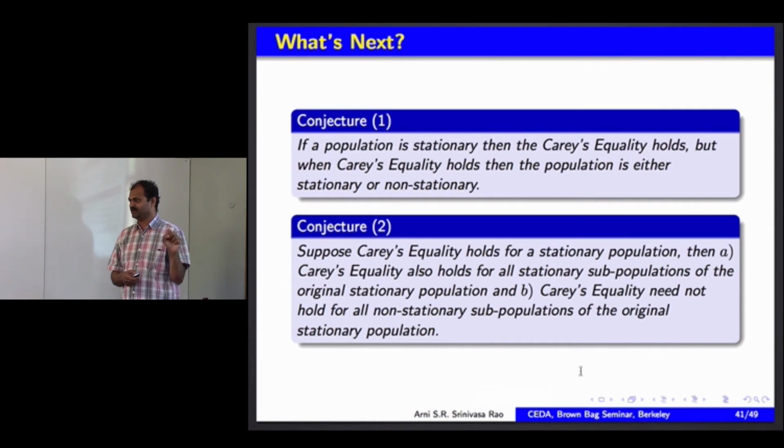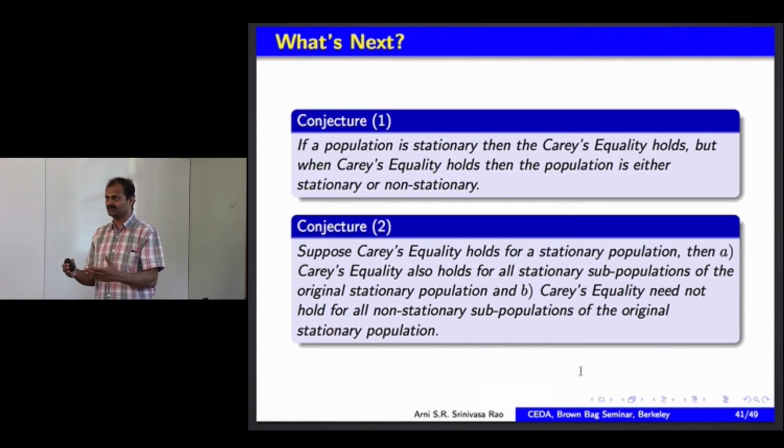That means life lived will equal life left. When the population is stationary, we can observe that life lived equals life left. But when life lived equals life left in a captured population, then that population could be stationary or non-stationary. We observe from the data this is true, but then we want to rigorously prove it. And then